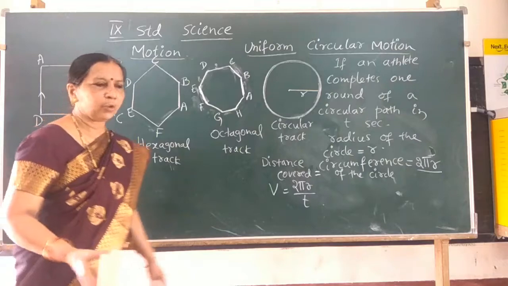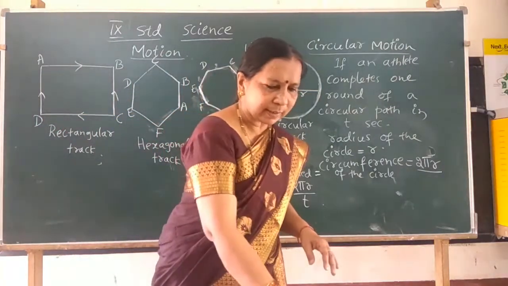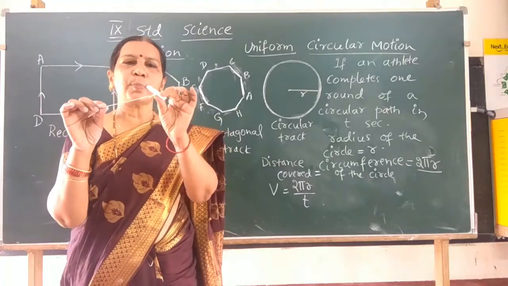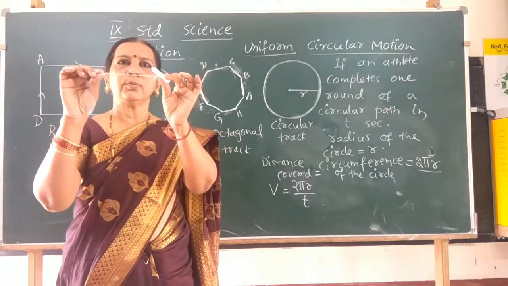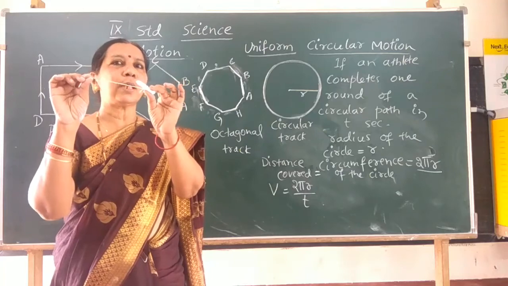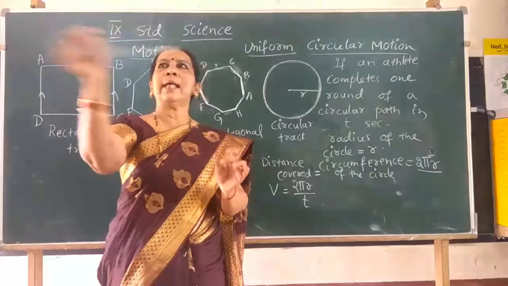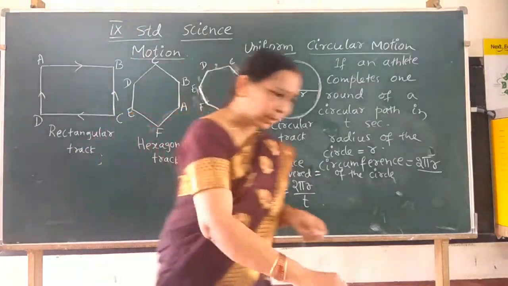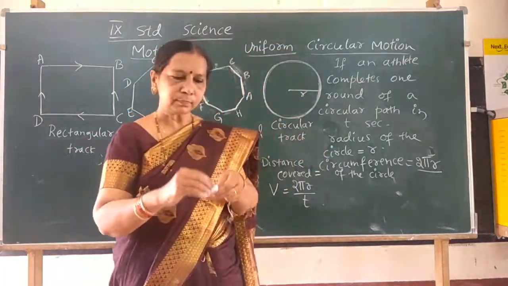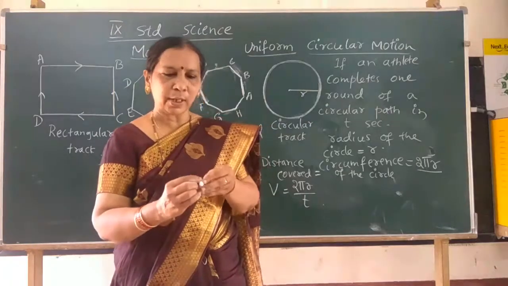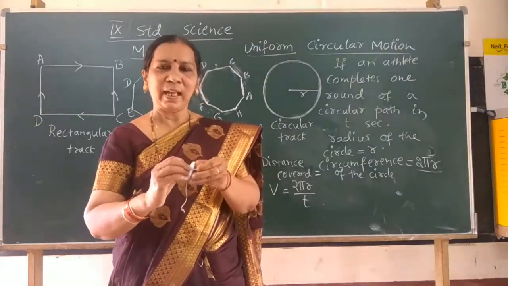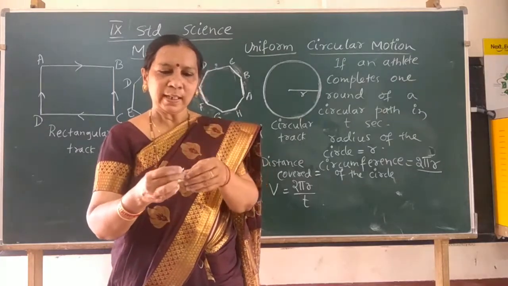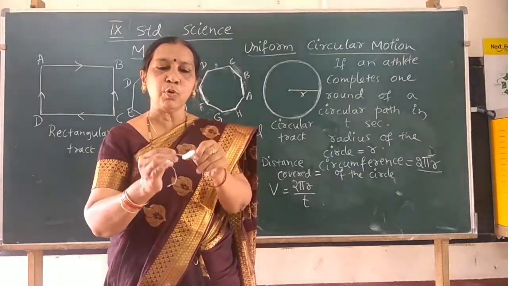Now you can also think of another situation here. Look here. I have tied a chalk piece to a piece of thread. You can show circular motion. So like this, if you rotate, it shows the circular motion. What happens when you release it? I released it. The piece of chalk moved. In which direction does it move?